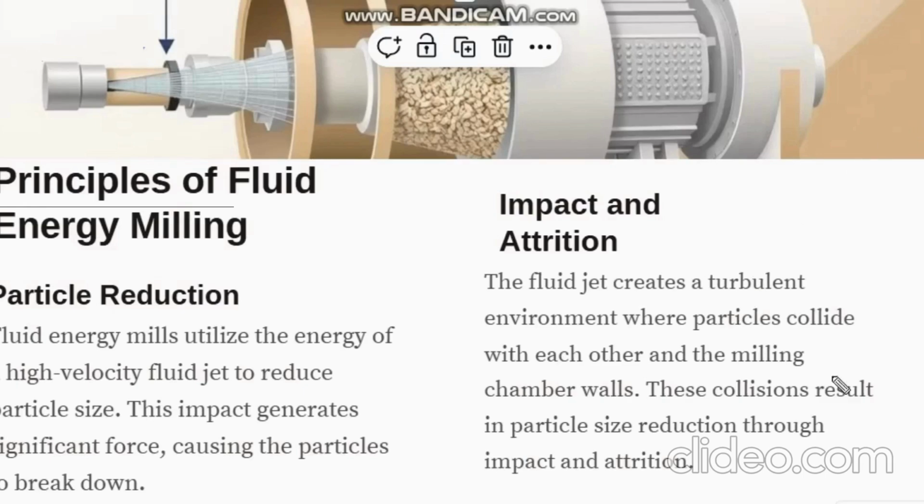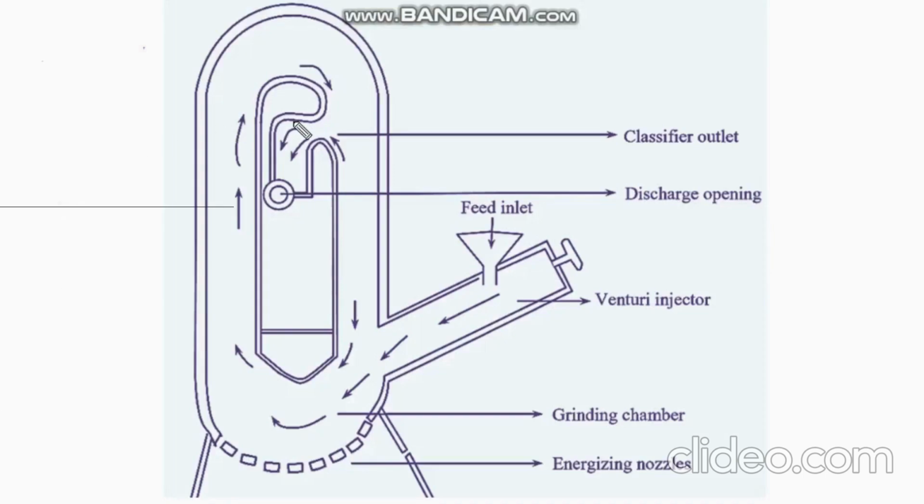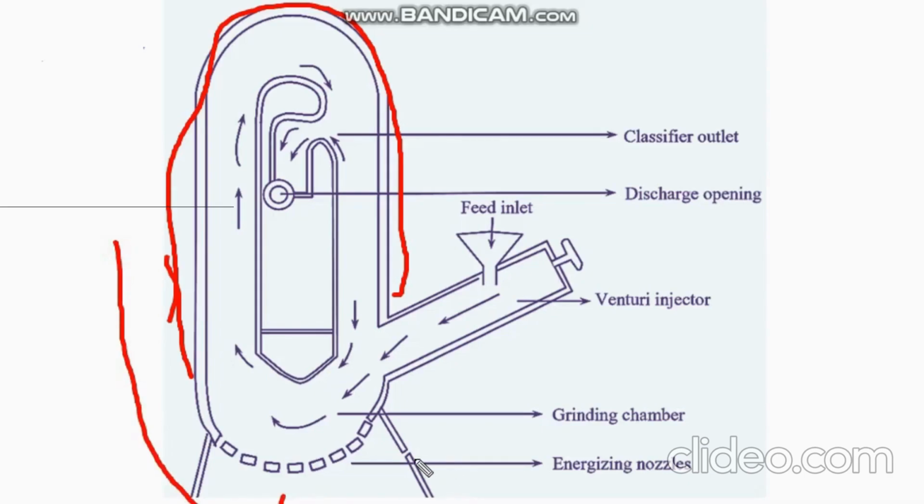To understand the working of this one, we have to see this diagram. In this diagram we can see an elliptical pipe, which is present in this shape. Here, this area is called the grinding chamber. Here there are some perforations or sieve-like structures we can see, through which the